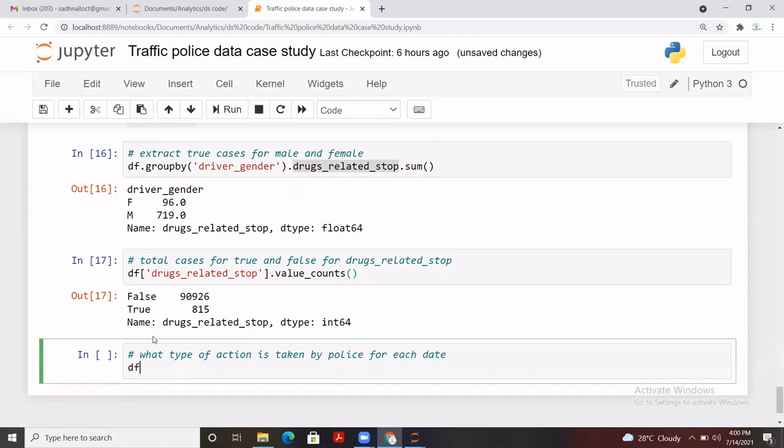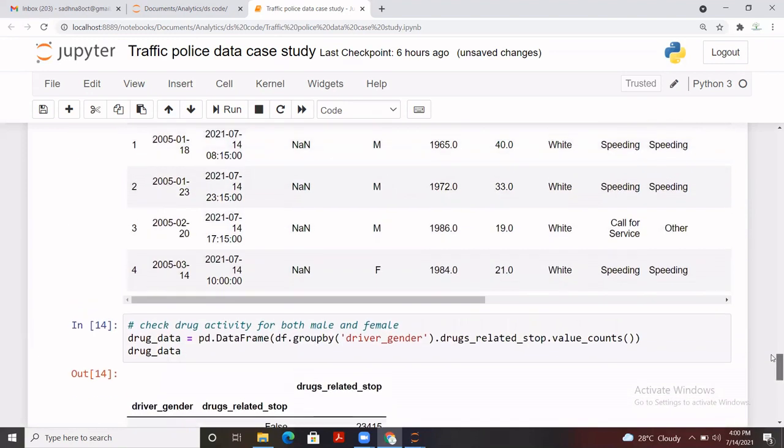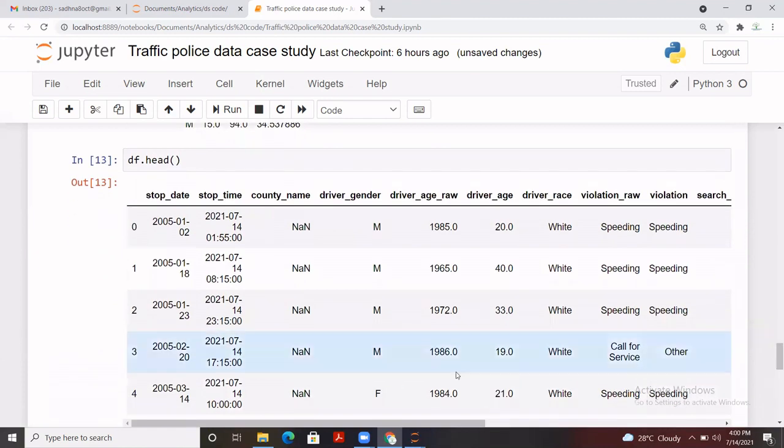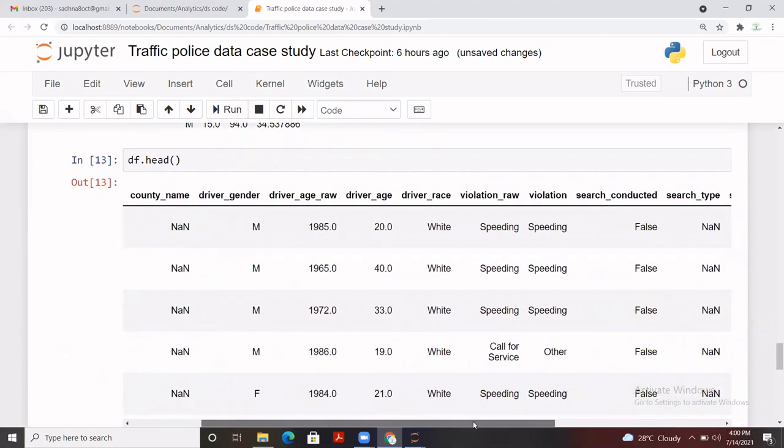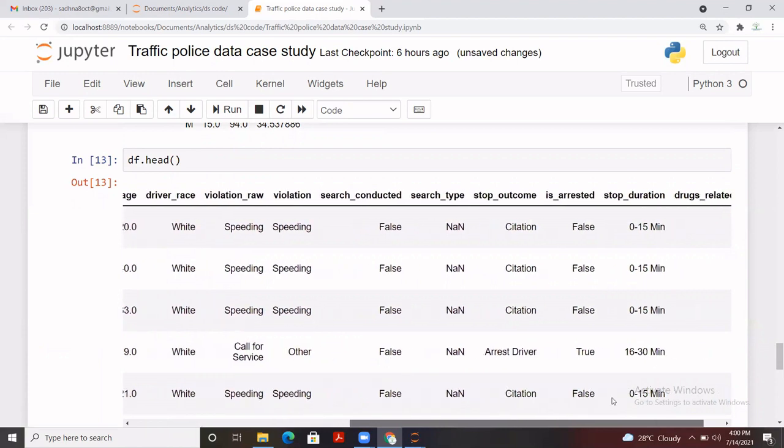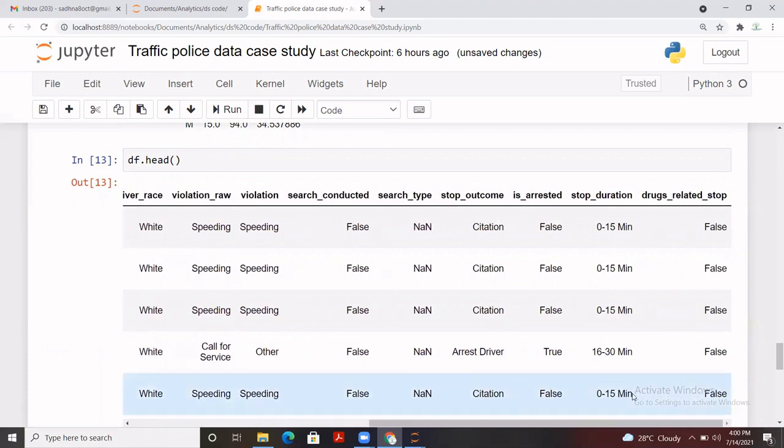So we are going to use groupby here to group our data, and the column is stop date, and the corresponding column, let me check the name of the column again. That is the stop outcome.